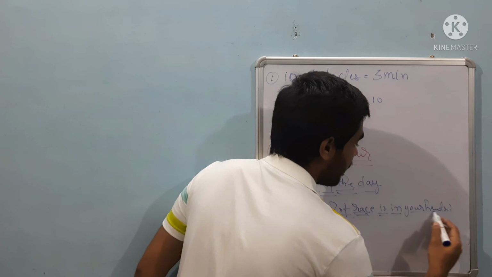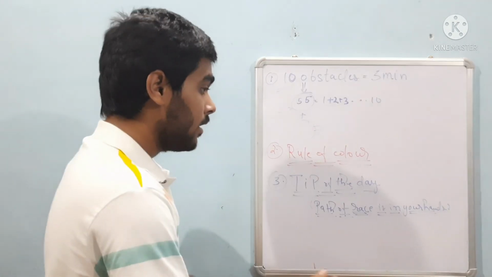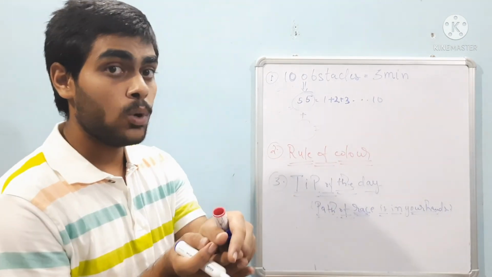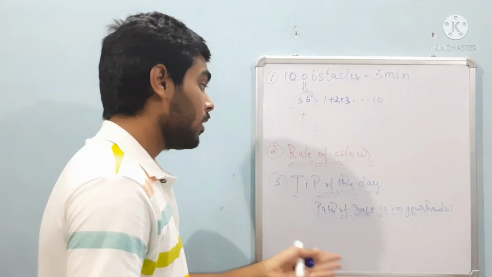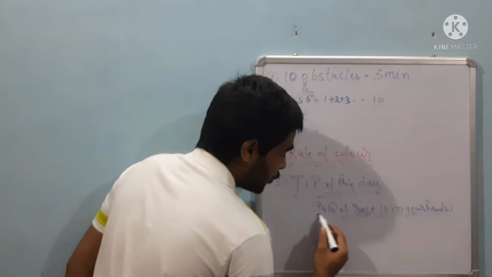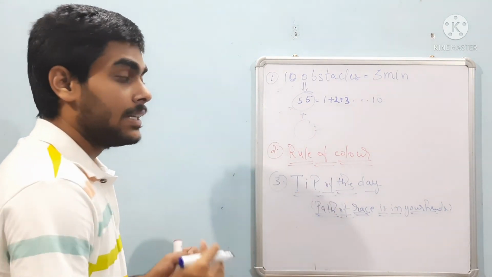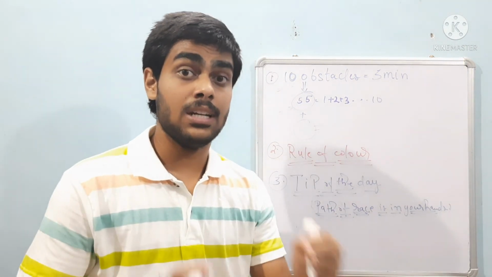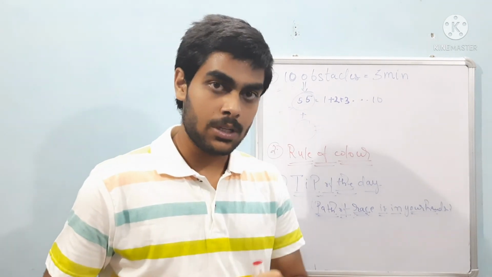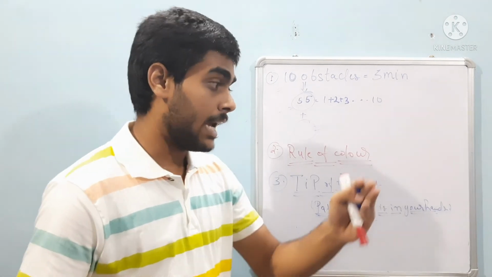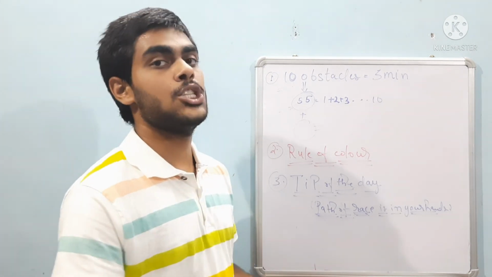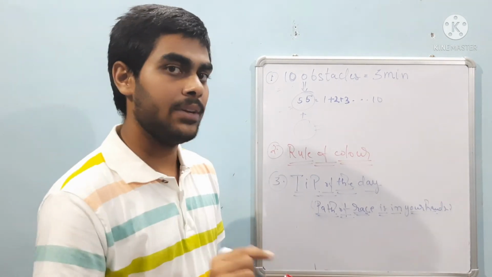So I will say first check your capability, whether your flexibility is more, or your running speed is more, or your physical strength is more. By that you should choose your path according to your strengths. My advice is to choose a path in which the time taken from one obstacle to another obstacle is less. So the time from A to B is less. Choose that path, and also choose the path which matches your capability, that is, your strengths and weaknesses.